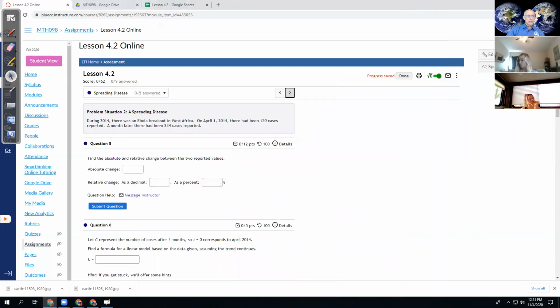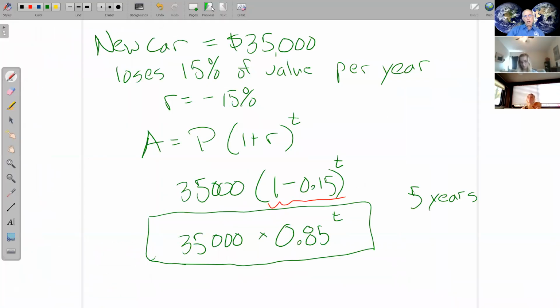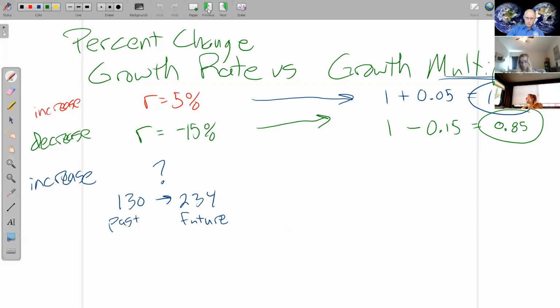All right, so let's look at another percent change. A percent change could go up, where the growth multiplier is 1 plus something. It could go down, so we have 1 minus that percent change, and we end up with a base that is less than 1. So here's another situation, okay? Suppose that in the past, we had a value of 130, and in the future, it's worth 234. So if I look at that change,